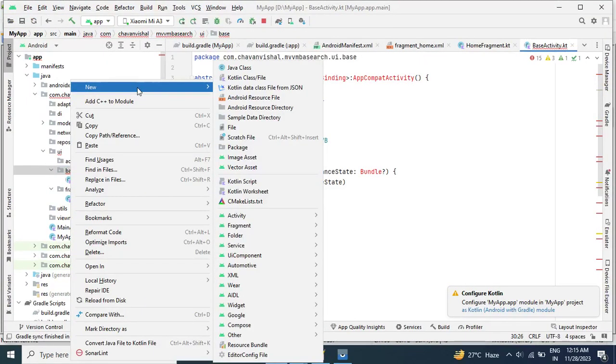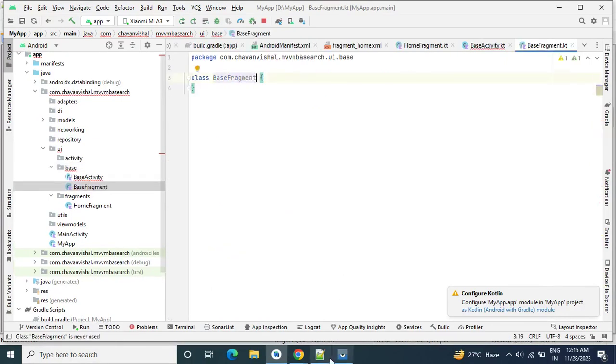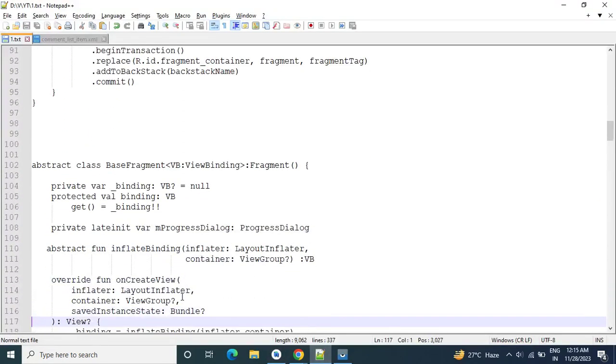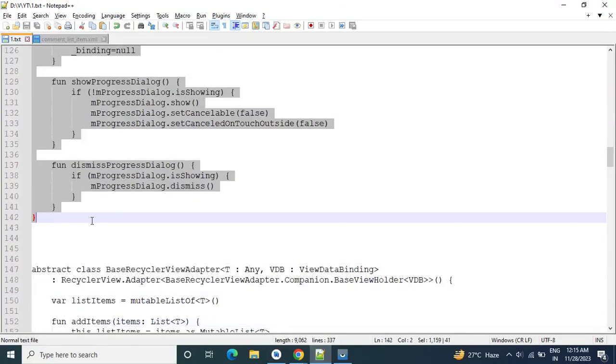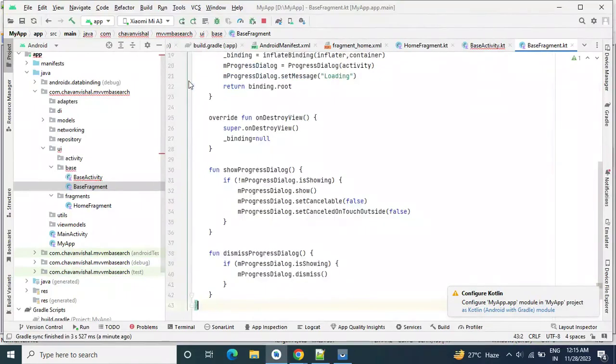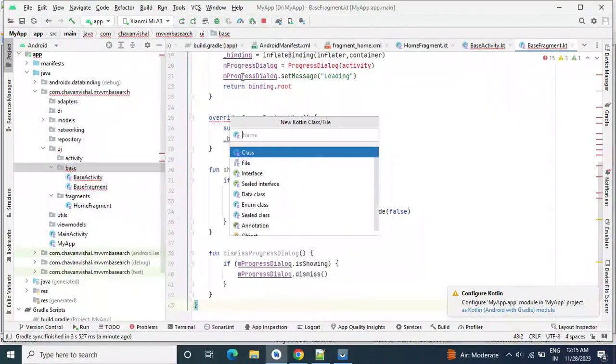Then we will create another file for base fragment. So this is my base fragment code, and third is base recycler view adapter.